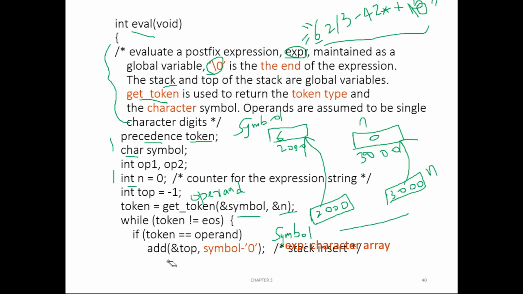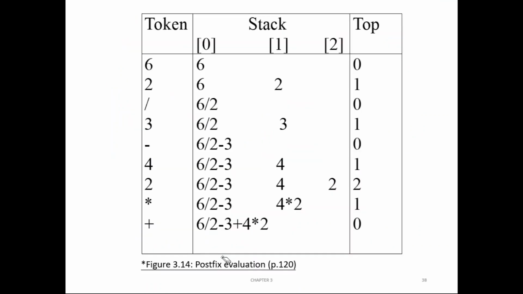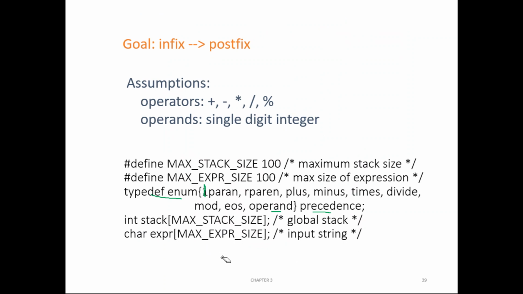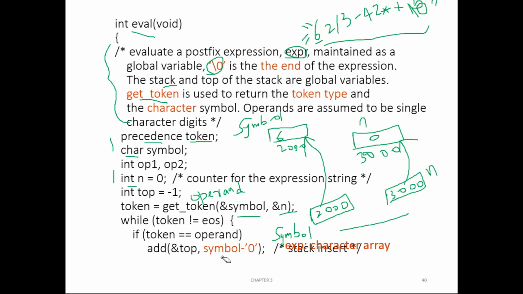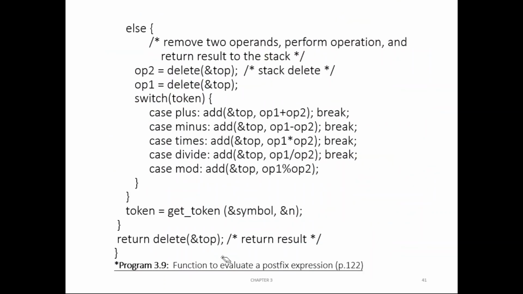so this is the case if it is an operand. If it is an operand, just push it into the stack. You recall our procedure. What should we do? If it is an operand, push into the stack. Else, if it is an operator, then what should you do? Operand 2 is equal to pop. So instead of delete, you can call pop. Perform the first pop and store that in operand 2. Perform pop once again and store that in operand 1.